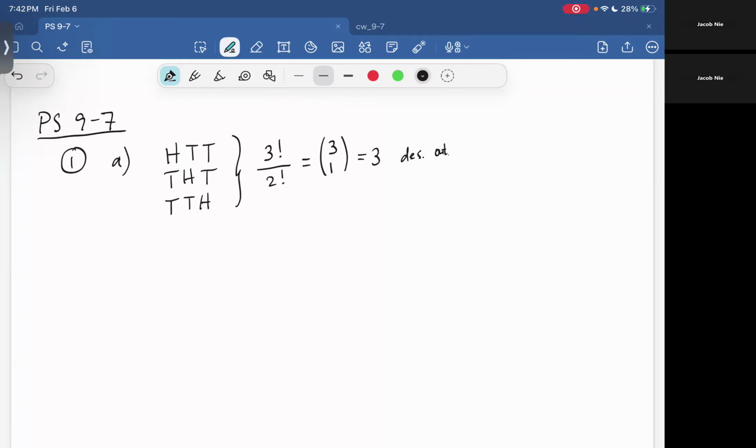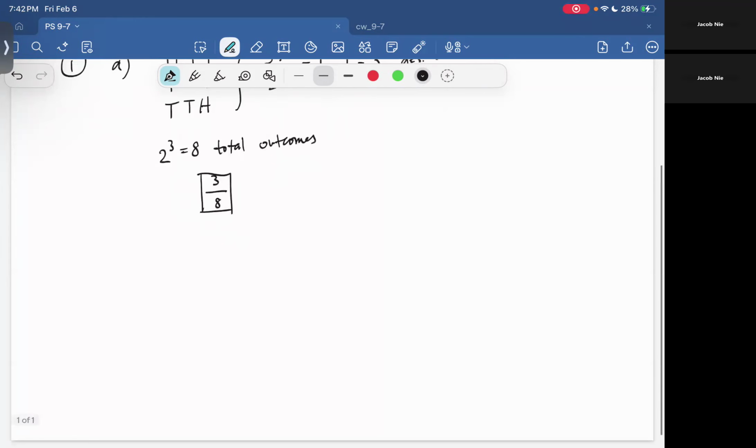And of course, we have 2 cubed equals 8 total outcomes. So the answer is going to be 3 over 8 for exactly one head. Part B,